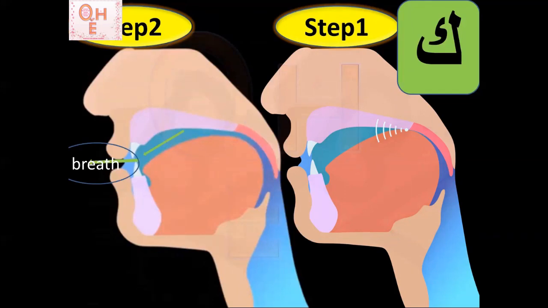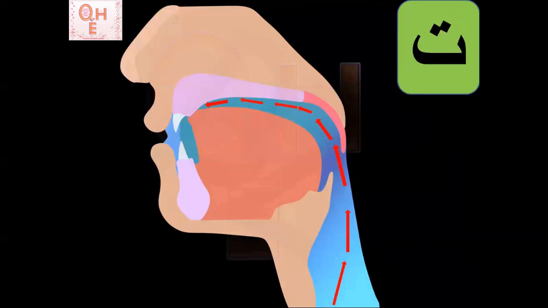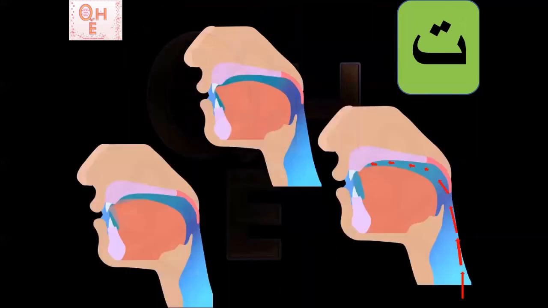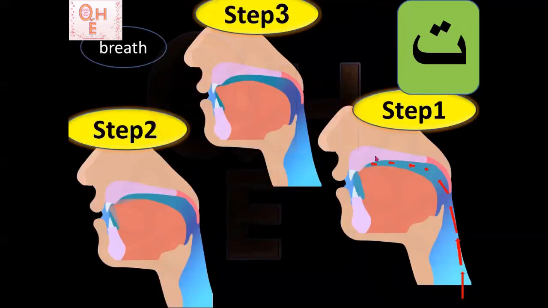This is our first example. Our second example, or our second letter, not example. This is only 2 letters like we said. Our second letter here, letter ta, if we look here, we start with the sound coming from inside to outside. It's trapped behind the tongue here when it's completely closed. To make this letter clear, we should make hams at the end of it, and you say at, at, at, at, at. This is the right hams. Inshallah, it's clear for you.